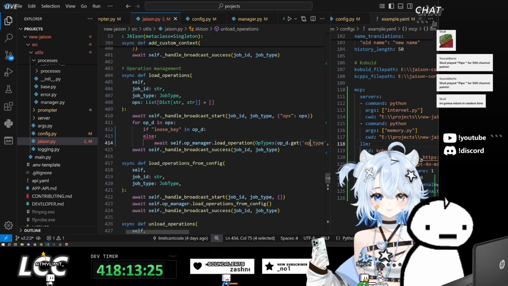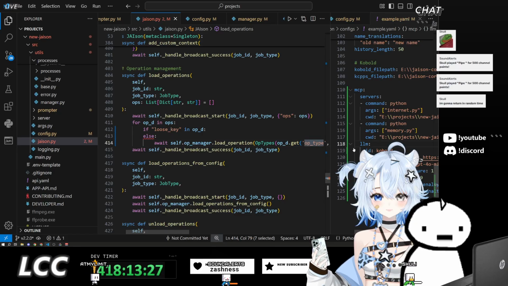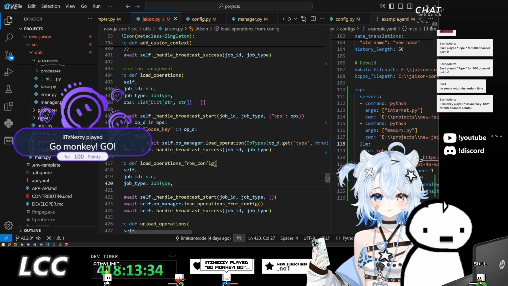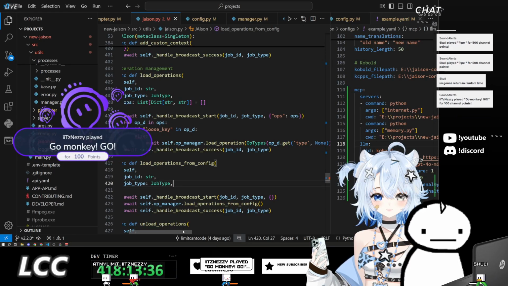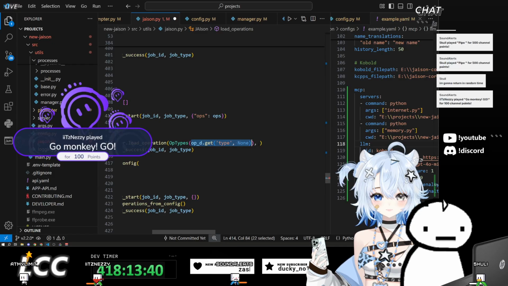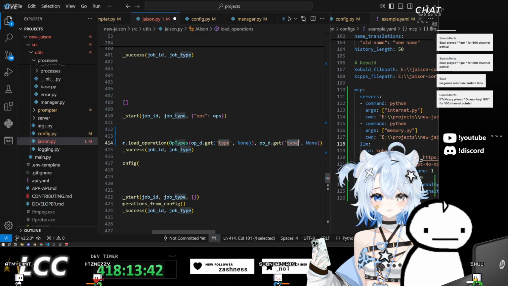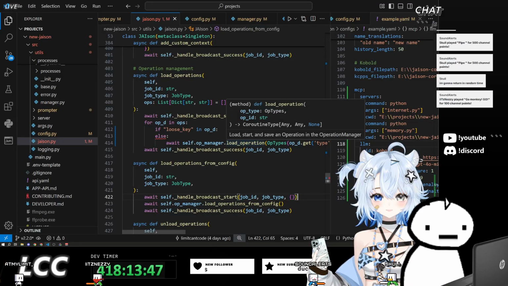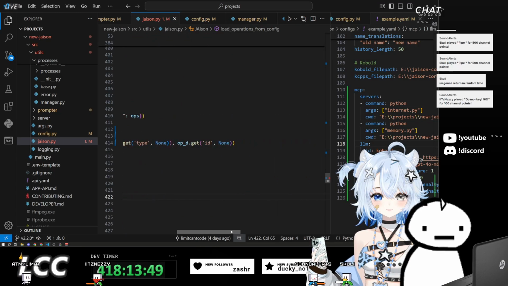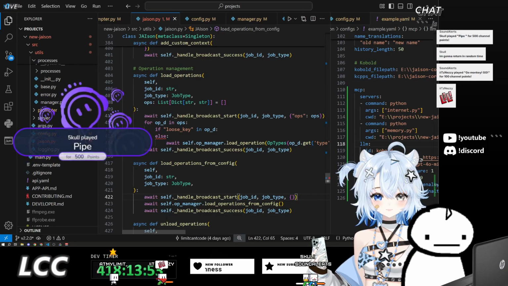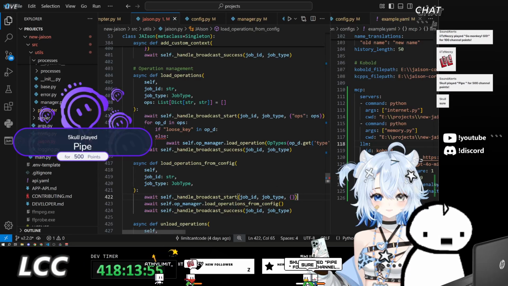Type. Okay. Go, monkey! Go! At least it's not a pipe. Load operation, op ID, yes. Oh, there it is.